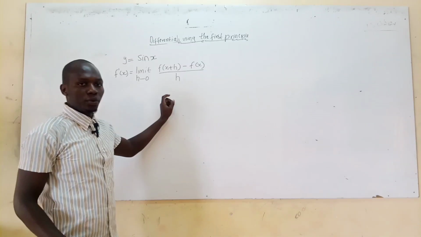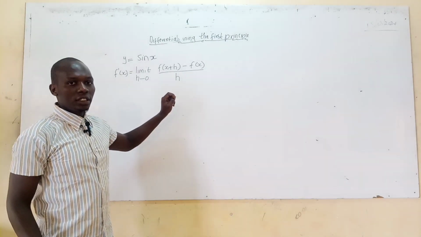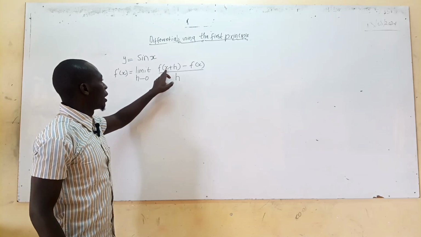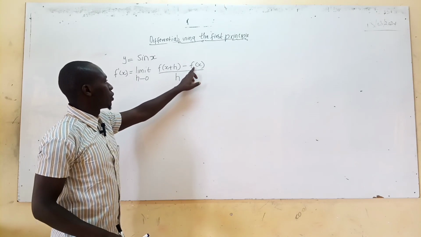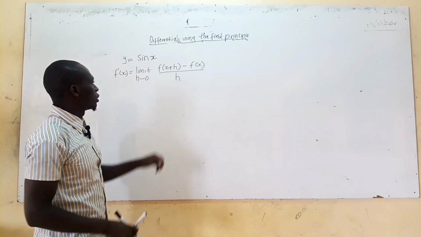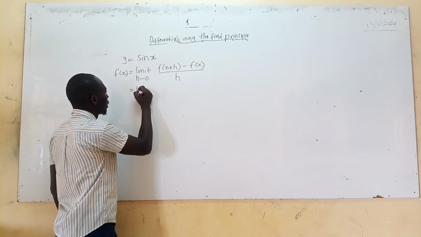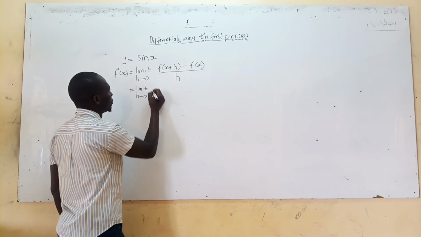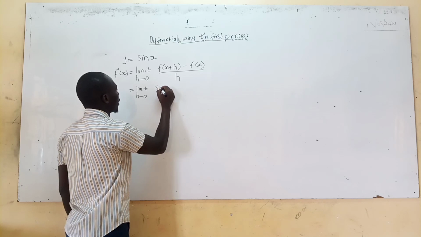After knowing the first principle formula, the second thing that you need to understand is that a term of x will now be replaced with x plus h. And on this side, we are going to have the function f of x the way it is. So in our next step, we are going to have the limit as h approaches 0 equals sine